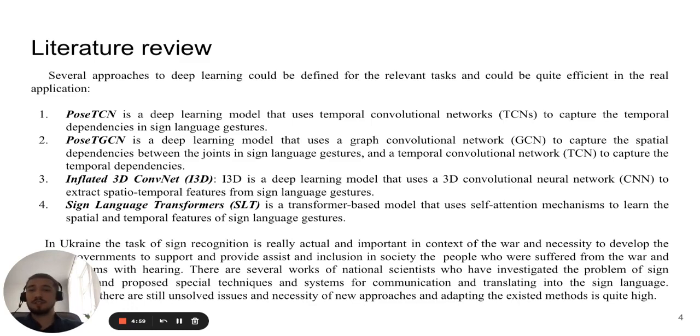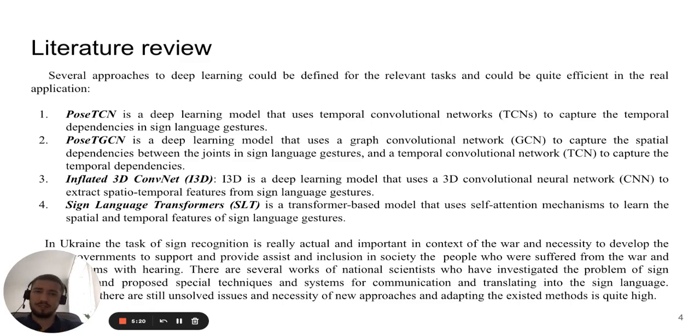Inflated 3D ConvNet, or I3D, is a deep learning model that uses a 3D convolutional neural network to extract the spatial temporal features from sign language gestures. And sign language transformers is a transformer-based model that uses a self-attention mechanism to learn the spatial and temporal features of